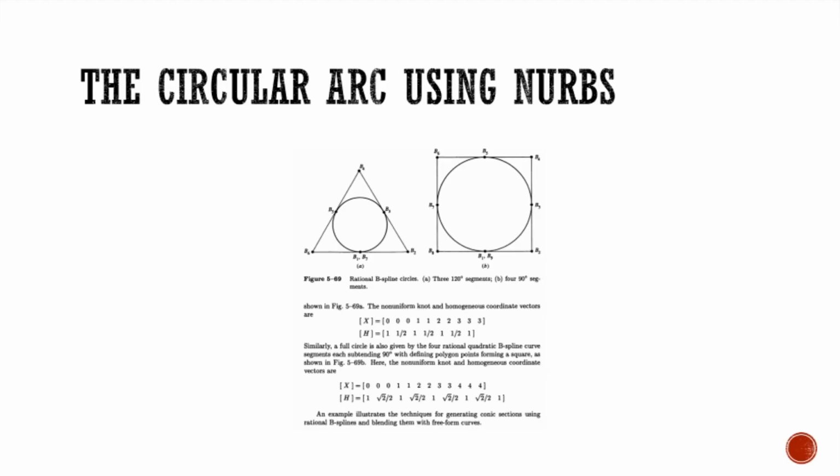Given here is a triangle inscribed by a circle, and a square which is inside a circle. So the rational basis for the 120 degrees segment is the triangle one, and the 90 degrees angle matrix is as shown in the figures. The bounds of the knot and the segment is